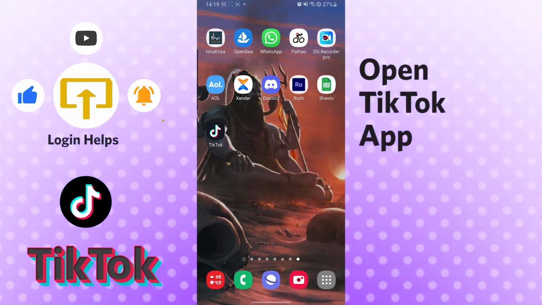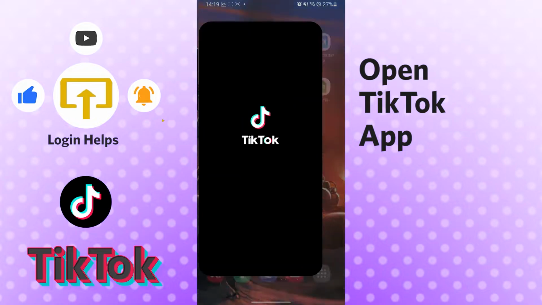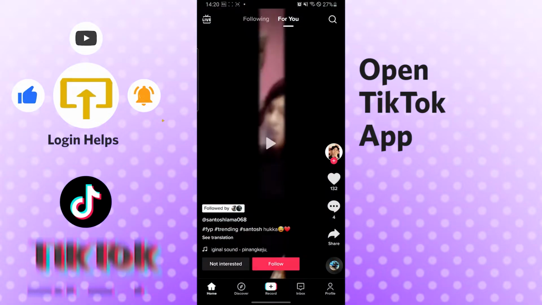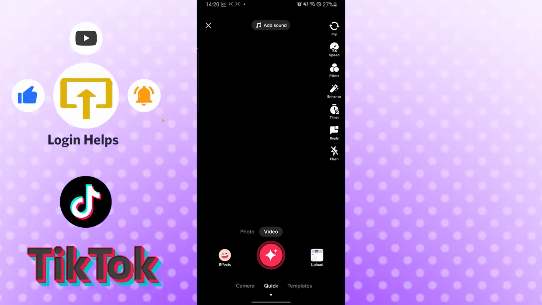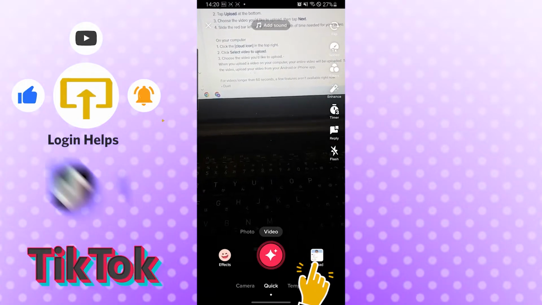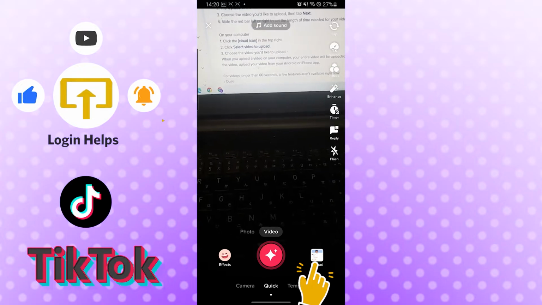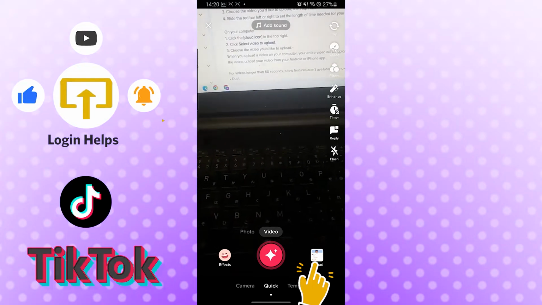Now let's open up our TikTok app first. Let's go to our record option over here, which is at the middle bottom of our screen. Just tap on the record, and after that you can see the upload button on the bottom right corner of your phone, just above the templates option. Tap on the upload,